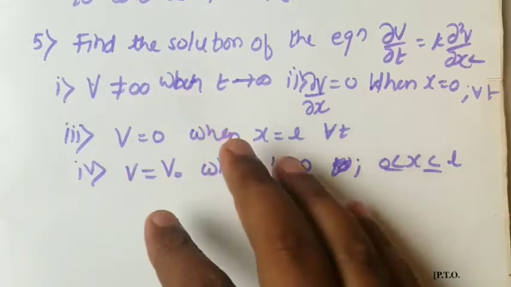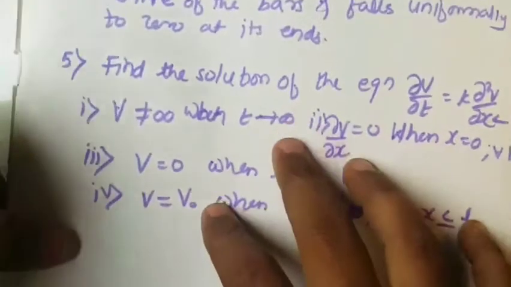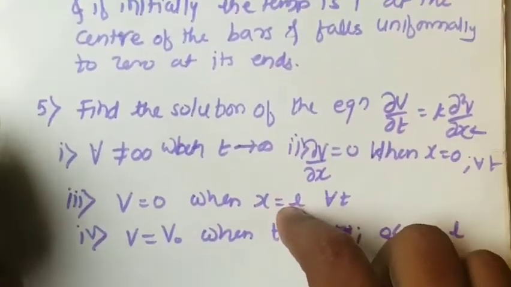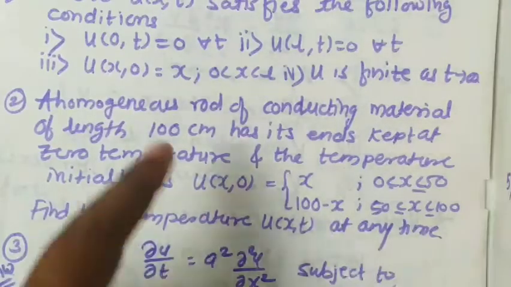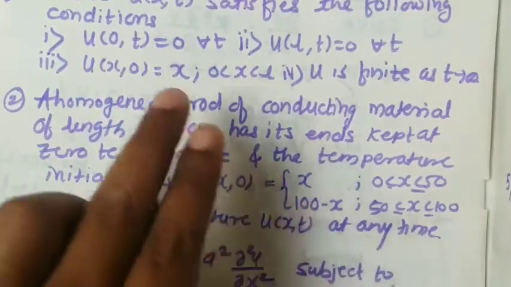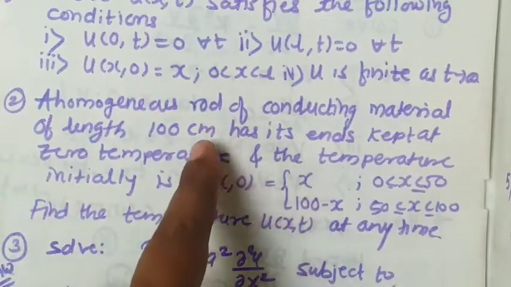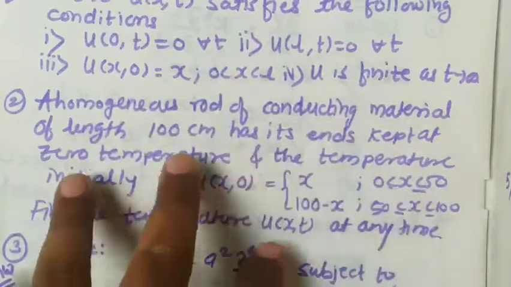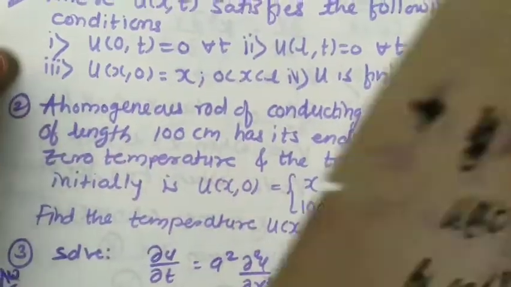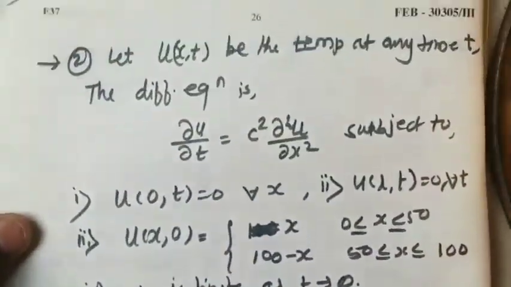Now, one by one, a total of 3 problems I am going to solve for you, and the remaining 2 you try at home. So let us start the solution from problem number 2. Okay, so this is the second problem that I am going to solve. U of x,0 is this, and at an end point the temperature is 0. So after writing all this data in the form of a differential equation and boundary conditions, we'll get this form.